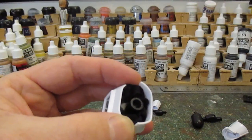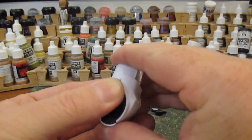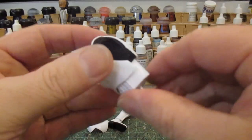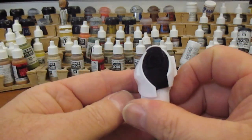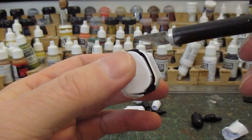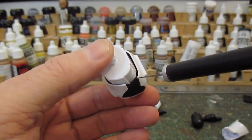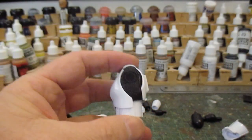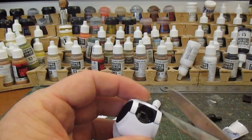Okay, now what you need to do is grab the midsection, push it in, and there you go, you're done. That's the first part done. Alright, that's how easy it is. Now good thing is, because you push it in, the cloth actually goes underneath the torso section, and it gives that more realistic look. Now what you do now is get your neck section, grab your pair of scissors, just